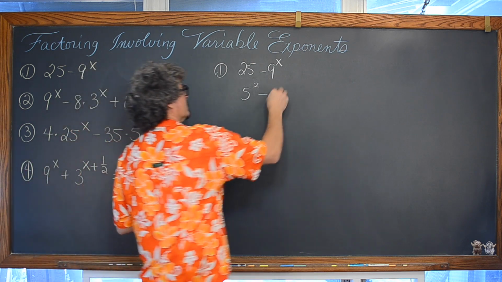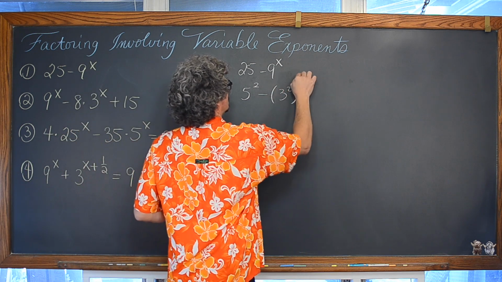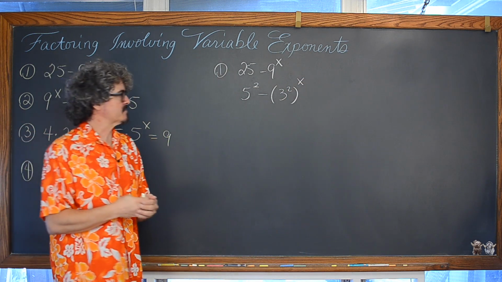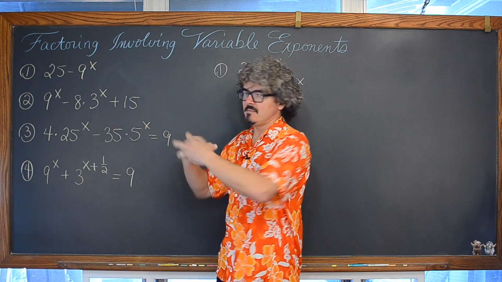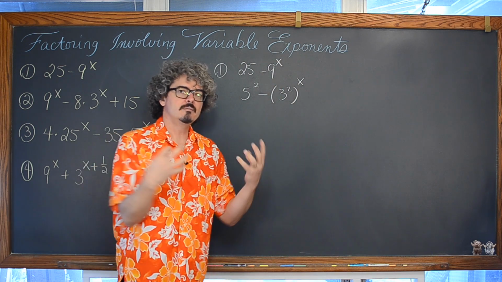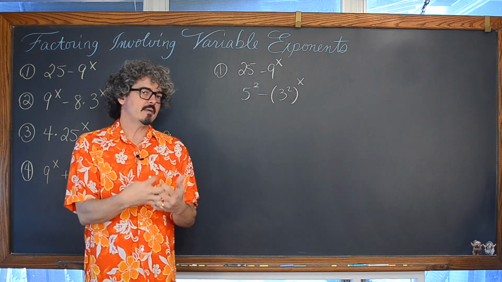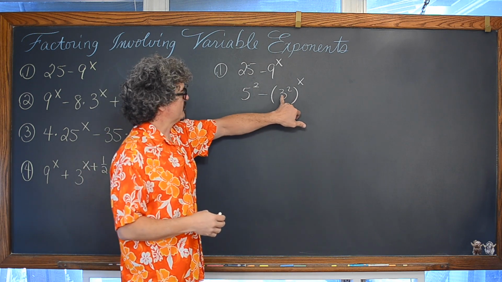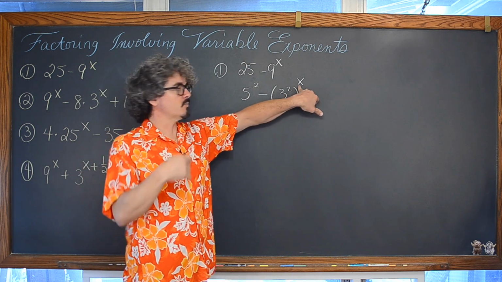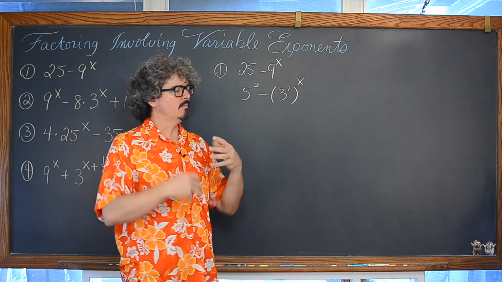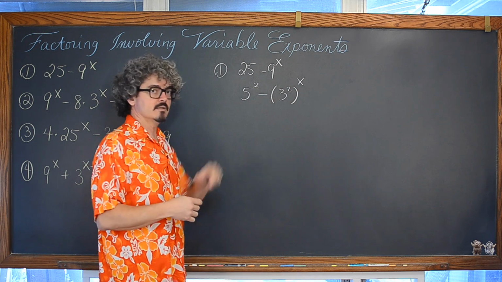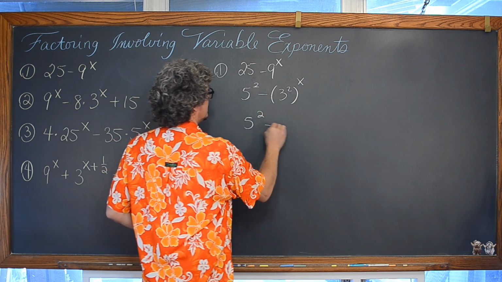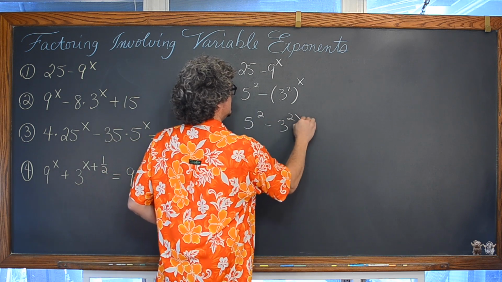Of course, that's going to be 3 squared, which is then raised to a power of x. And we're going to also have to know some properties of exponents here. These are really fun problems because they make you have to think about many areas of mathematics that you've learned recently and bring them together into one problem. So we have 3 raised to a power of 2, which is then raised to a power of x. Well, that's the power rule for exponents. We can rewrite this as 5 raised to the 2nd power minus 3 times 2 to the x.